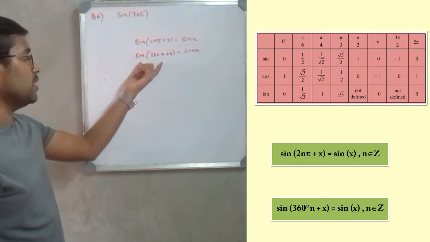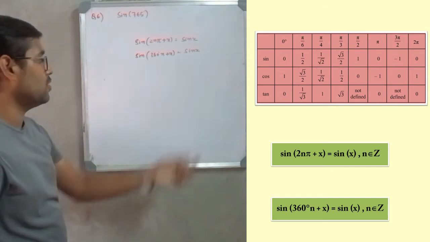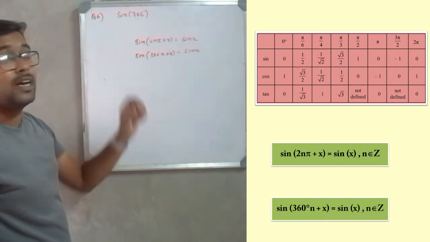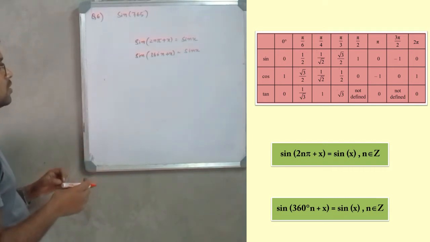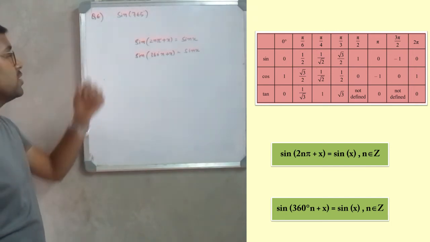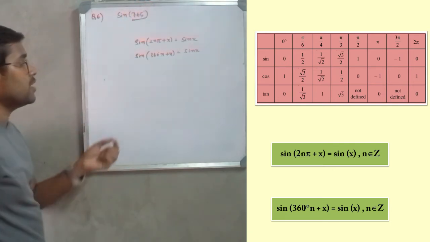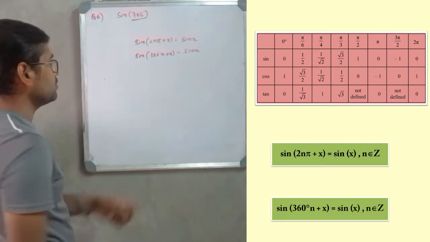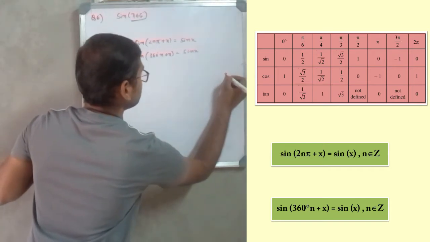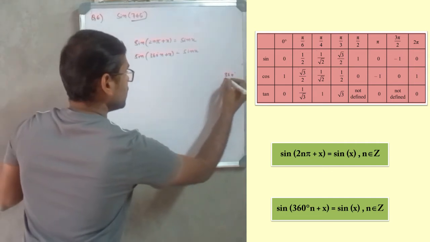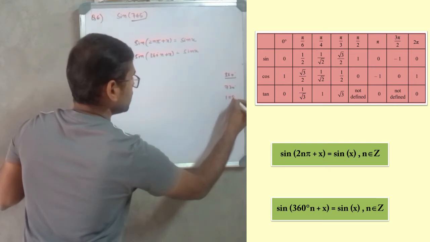Now, what does this relation mean? Sin 30 is equal to sin 360 plus 30. If the value of x is 30, then sin 360 plus 30 will also have the same value. Now, using this relation, how do we find the value of sin 765 degree? Now, what I will do is I will express the angle 765 degree in terms of this format. For that, I need the integral multiples of 360 degree. So 360 is 360, 2 times 360 is 720 degree, 3 times 360 is 1080 degree.